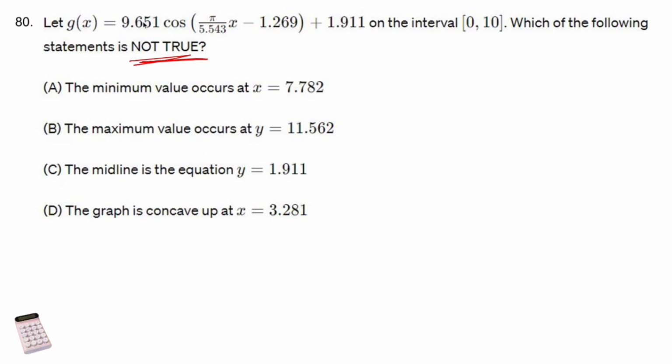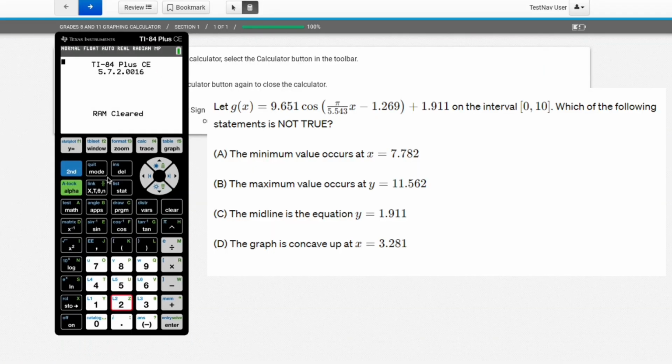I'm going to Y equals, plugging that in, and graphing that on [0, 10], which is good news, and seeing which one of these is not true. So let's see what happens. All right, let's graph this really gross equation. We've got y equals